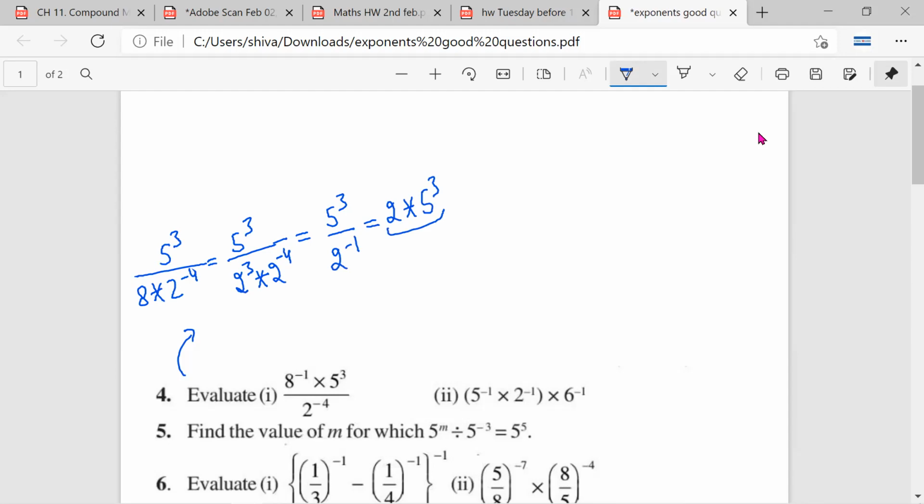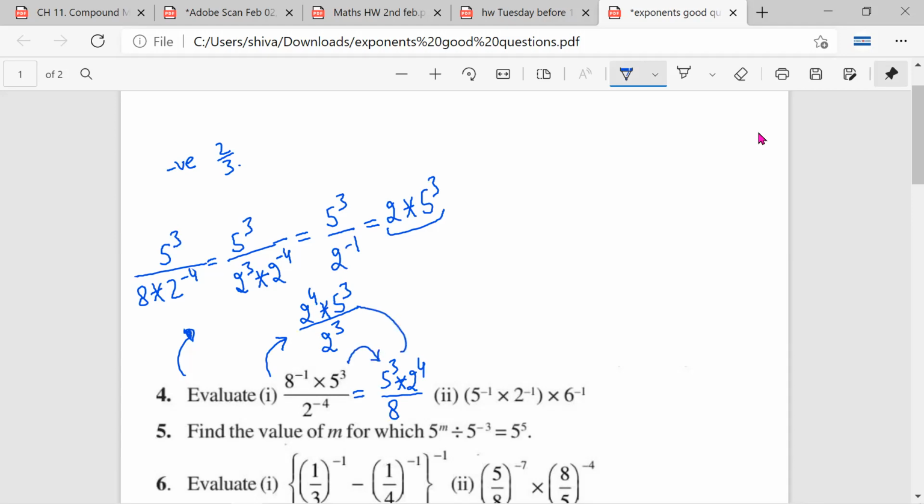Yes, sir. So the point that I'm trying to tell you is that as long as you are following the rules of exponents, it is absolutely fine. So for example, a person like me, for some reason, I don't like negative numbers. मुझे negative numbers or fractions पसंद नहीं है. I don't like fractions. So a person like me, what he will do? He will write this as 2 raised to power 4 into 5 cube upon 2 raised to power 3. Have you understood what I've done? Yes, sir. Aishwarya ji, have you understood?